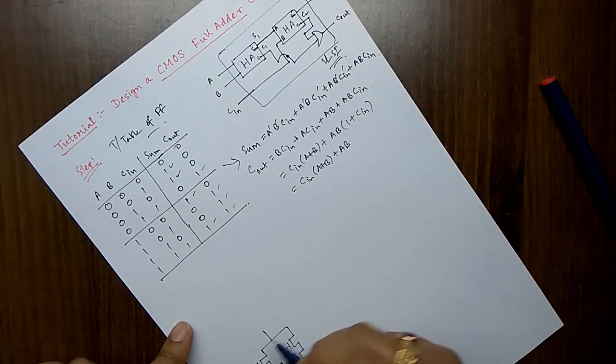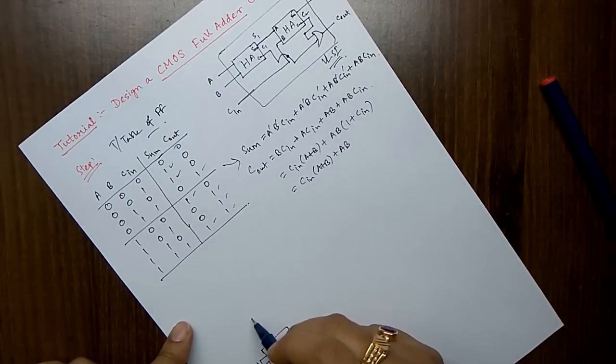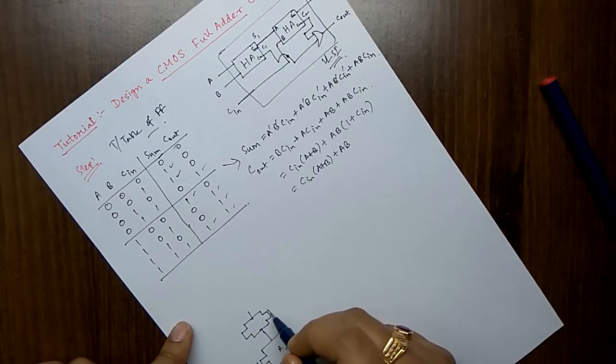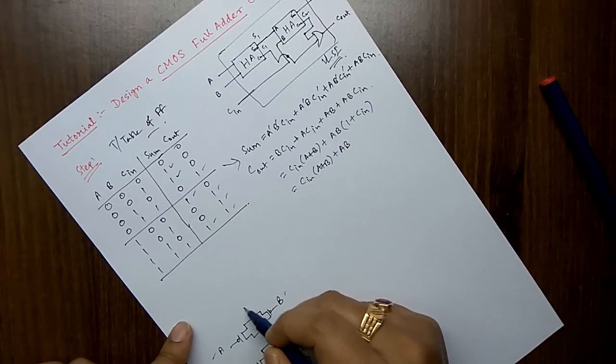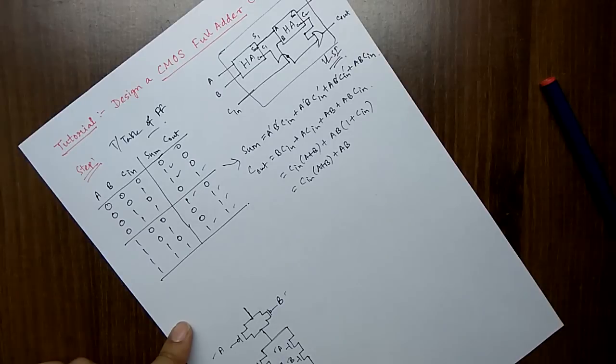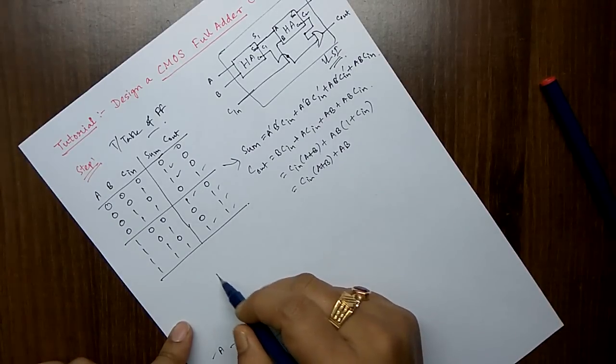Over. Now the exact opposite will be for the pull up network. So AB in series in pull down means AB should be in parallel in pull up. This AB is for this AB, and this whole thing is now parallel, so this parallel will be in series. So this is the series. Now C in is in series with the AB parallel, so AB will be in series first.